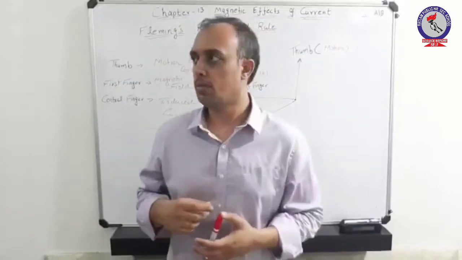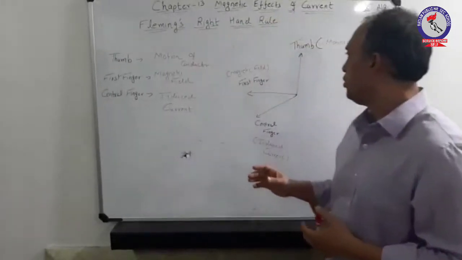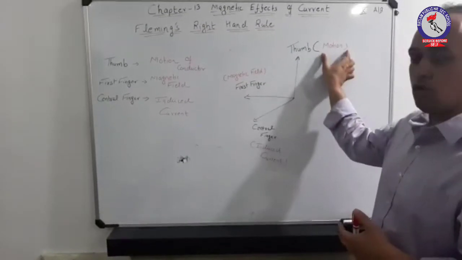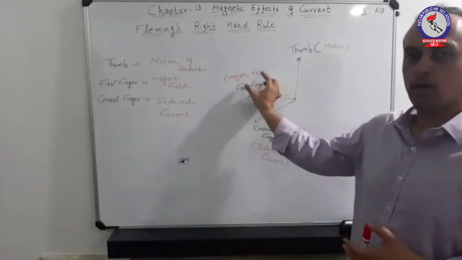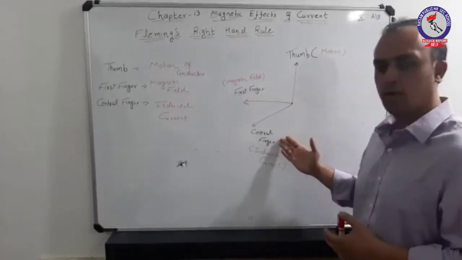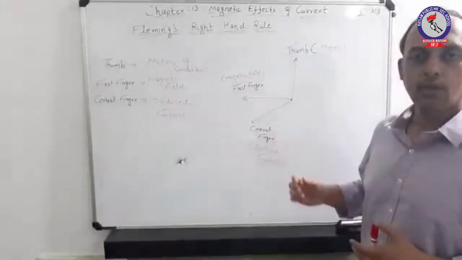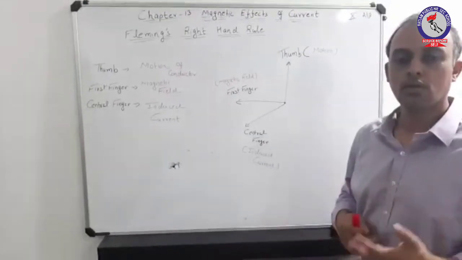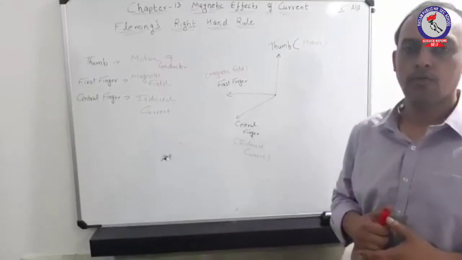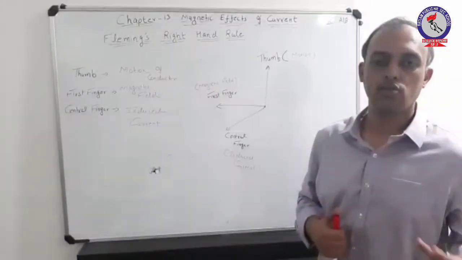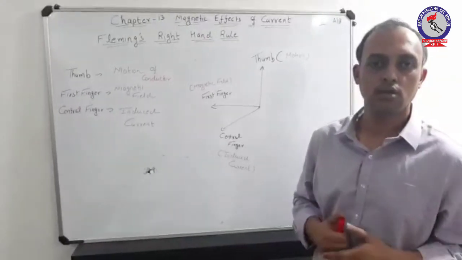The basic concept is, first we need to observe these two parameters, that is the direction of motion of the conductor and the magnetic field. Applying these two, whatever the direction of your central finger is, that is the direction of induced current in that given conductor. So this was the basic concept of Fleming's right hand rule, which is employed in the working of dynamos, that is generators, both AC generator and DC generator.